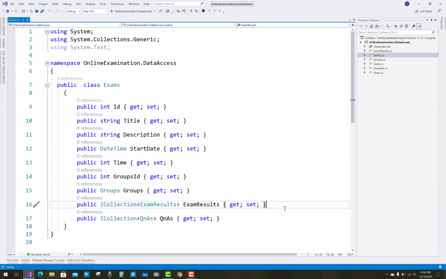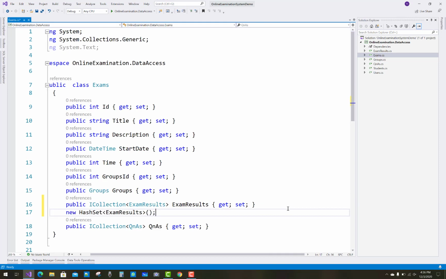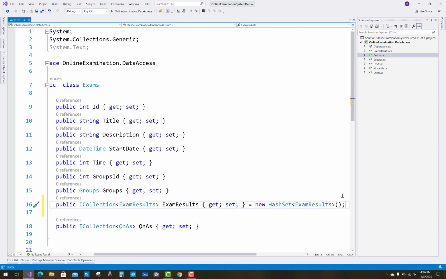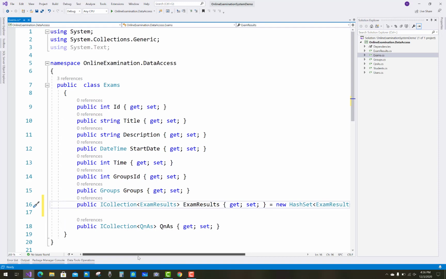So must initialize with exam results, new HashSet exam results. Also the question answer table is there, also initialized.